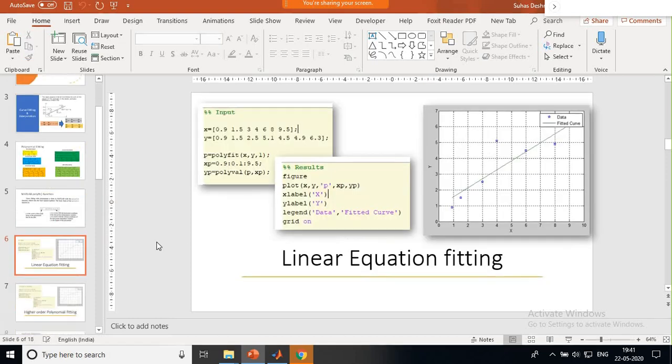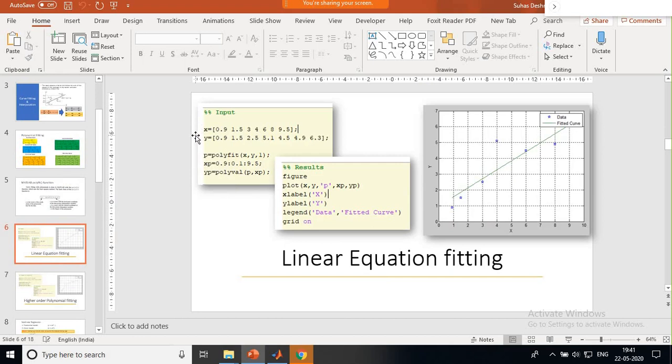So we'll now take a simple example. We want to fit a simple first order polynomial. x is my parameter, then y is its data, corresponding to x there is a y value. Then use the polyfit function, provide this x and y as data points, and provide n. I provided 1, so we want to fit a straight line. If you want to fit a square, second order, you can go for a 2 here. If you want to fit a third order or cubic equation, you can write a 3. Likewise, you can go for the nth order, maybe 10 or 12, whichever is possible.